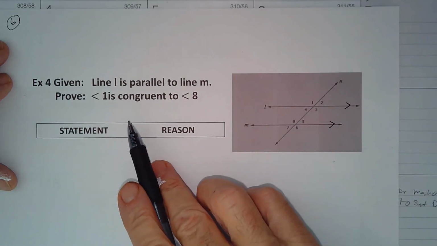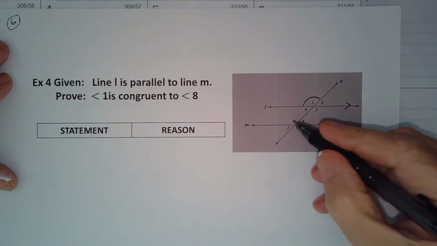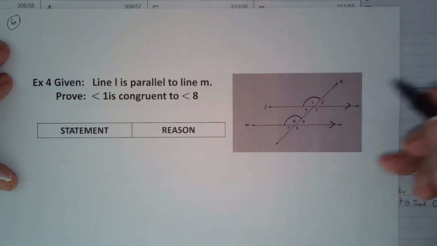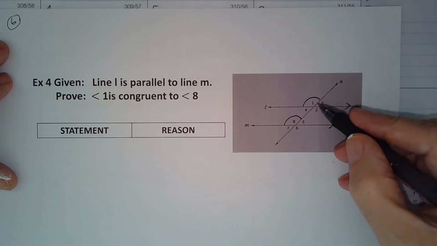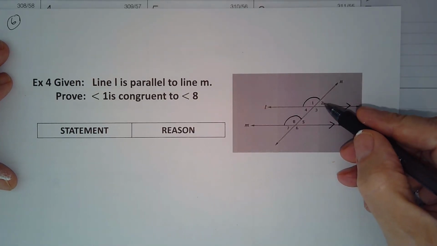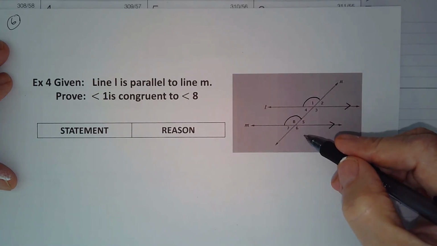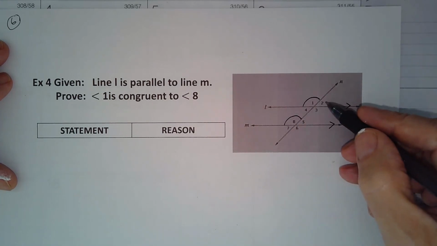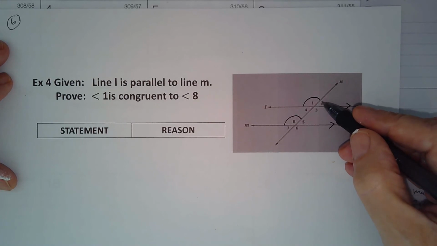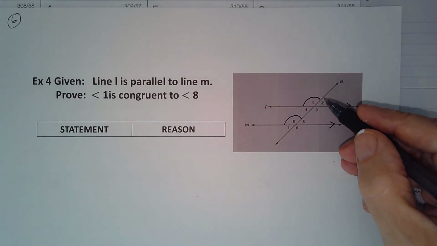They want you to prove that angle 1, here's angle 1, is congruent to angle 8. Here's angle 8. All right. So you got two parallel lines and you've got a transversal. You have two different intersections. And you'll notice you've got all these numbered here. 1, 2, 3, 4, 5, 6, 7, 8. So they're in two groups, two separate groups. So what these are is two separate intersections of parallel lines. And so that means then that we've got